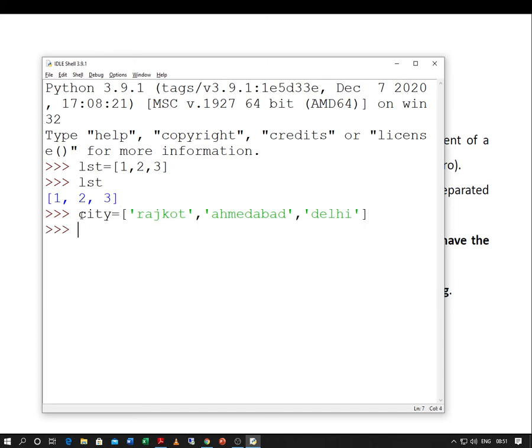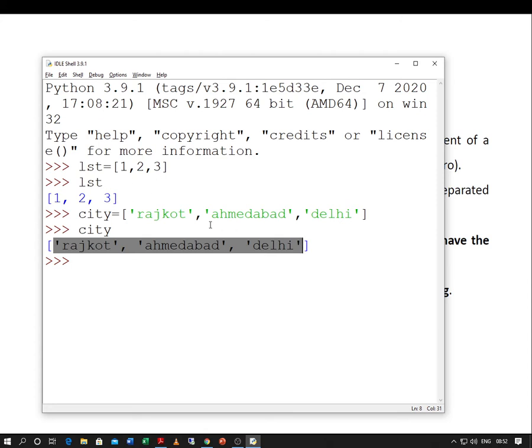I am just storing 3 city names and I try to print city, and here we go, all the 3 city names are there. That is, the first list contains a set of numbers, the second list contains a set of strings.